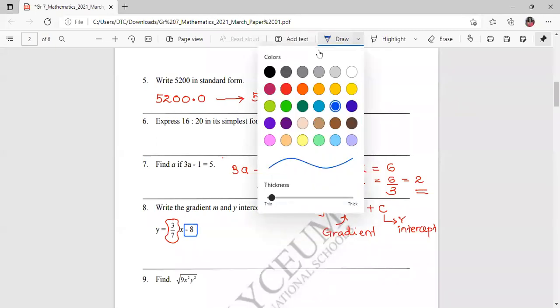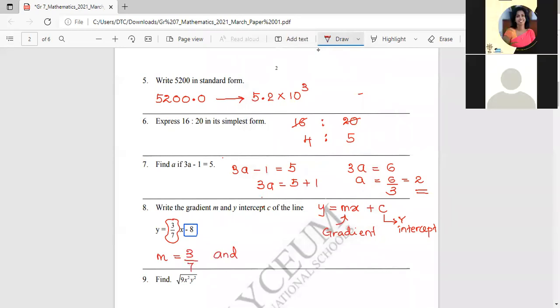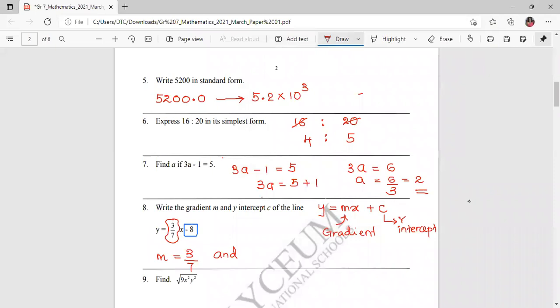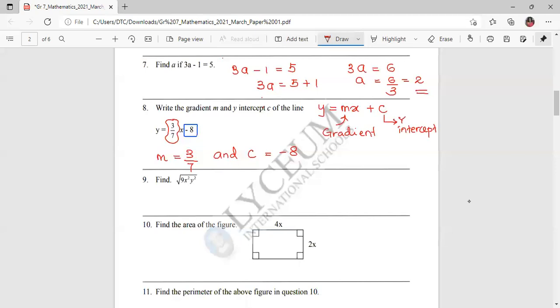So how am I going to conclude my answer? m for the gradient is 3 over 7, and the y-intercept, or else c, is what? c is -8. Okay, so I hope all of you can understand this, right? Then question number 9. So I'll take another example. Let's say you have y equals